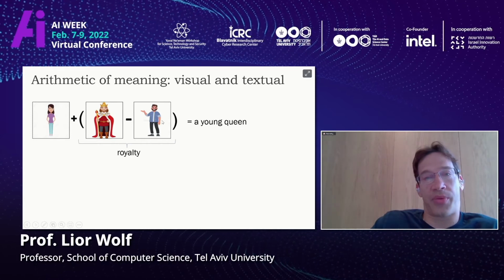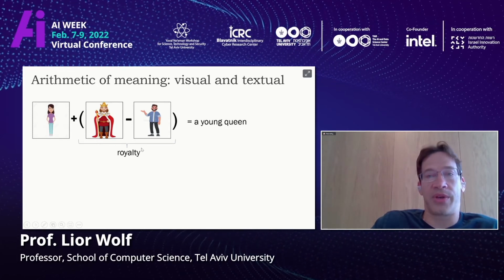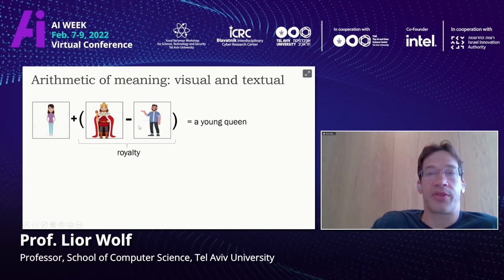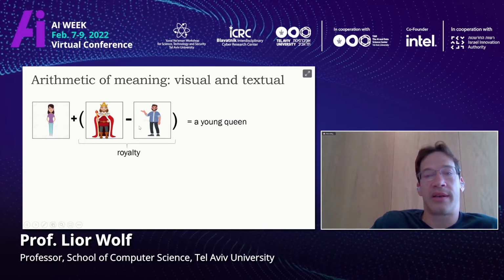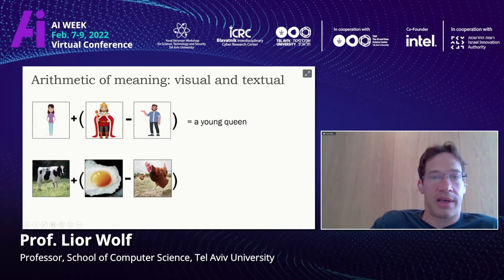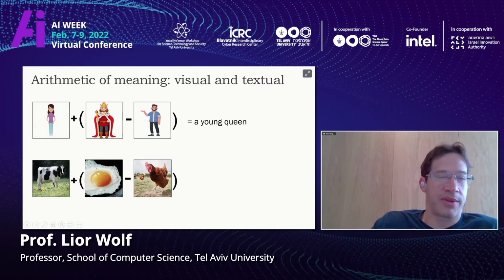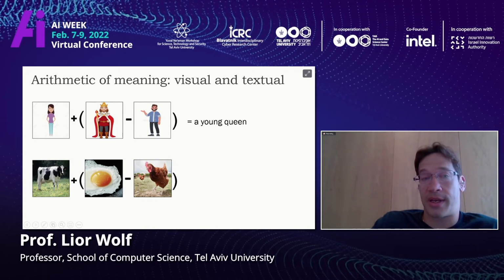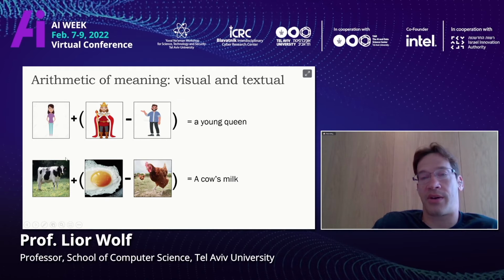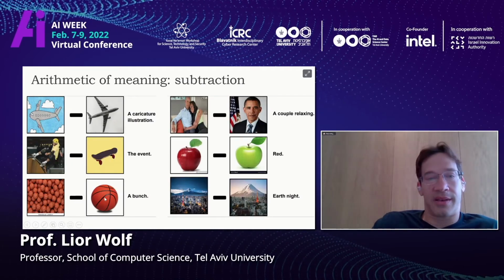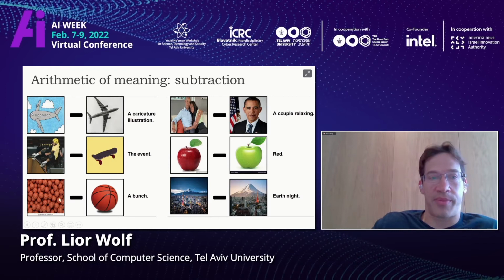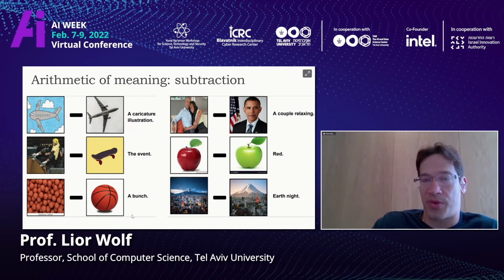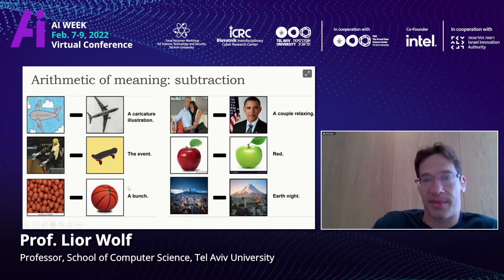So basically we give these three images to CLIP, and then we use our method to extract this text. And we know what's going on inside of the meaning space, the semantic embedding that CLIP employs. And I will let you guess what's this one. You take an egg, you subtract a chicken, some sort of food from an animal, you add a cow, and what you get is a cow's milk. And it's pretty cool if you take these many basketballs and you subtract one basketball. So the property of basketball you remove. What you get is a bunch. Makes a lot of sense.